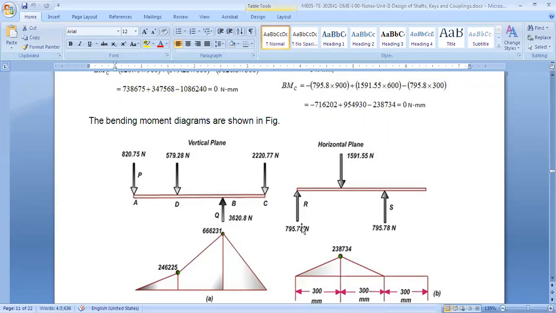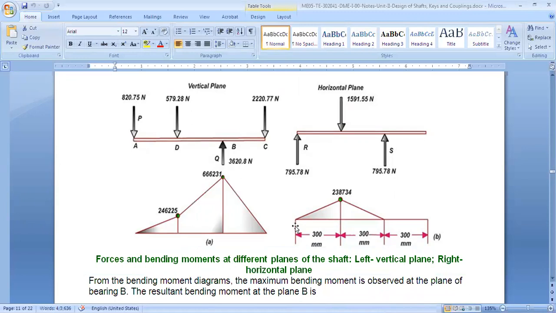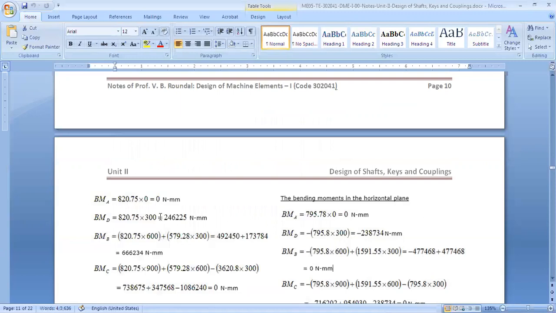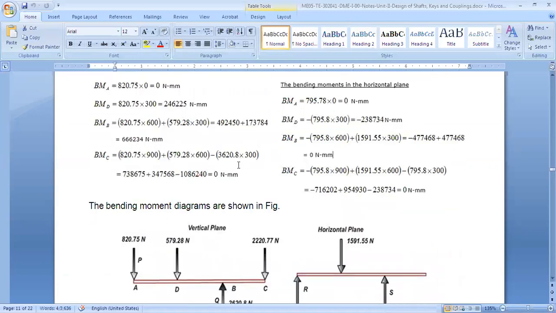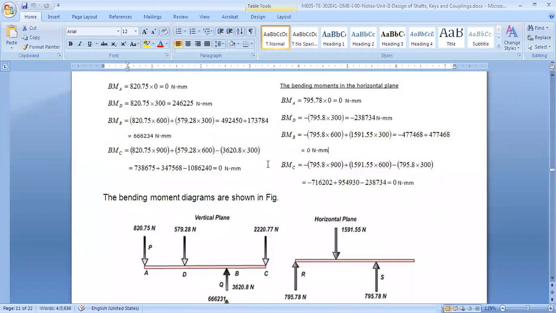Now we have to simply find out the bending moments at all these points and take a resultant of it. See here, this bending moment is explained. So bending moment at A. Let me just unzoom it so that it is visible in one shot. Bending moment at A is considered from the left hand side, or if you consider from the right hand side, again the resultant will be zero. This is the concept of SFD and BMD from strength of materials. Whichever way you go, left side or right side, you'll get the same result. So I'm going from the left hand side.